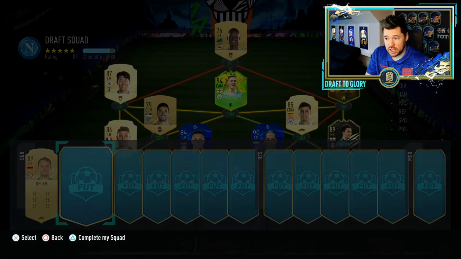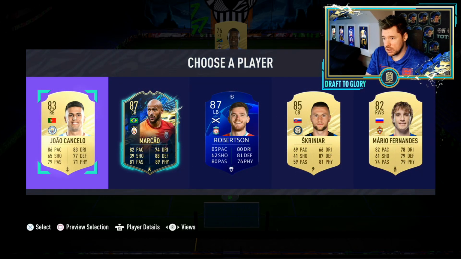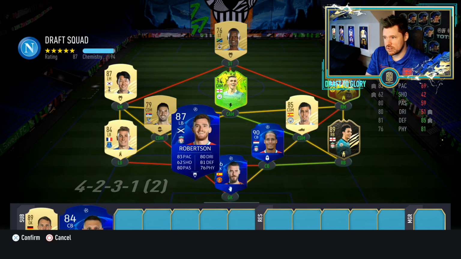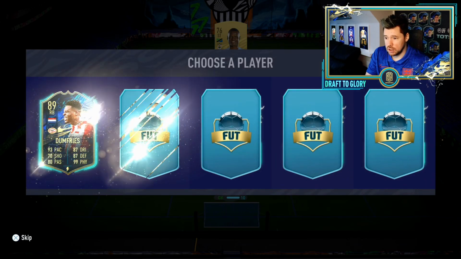And we're only at 3 English players right now. So it started off strong for the English players, but it hasn't carried on that way. Now, do we take Andrew Robertson? Yes, we do. 87 rated. Fits perfectly in there. Gives us a monster chem boost. And now, other than a Premier League striker...